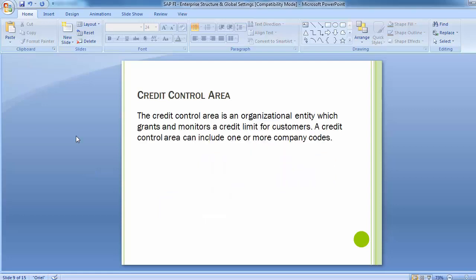So moving up to the next step of the enterprise structure is credit control area. The credit control area is an organizational entity which grants and monitors a credit limit for customers. A credit control area can include one or more company codes. So the credit control area is used as a credit management for the accounts receivable and sales and distribution part